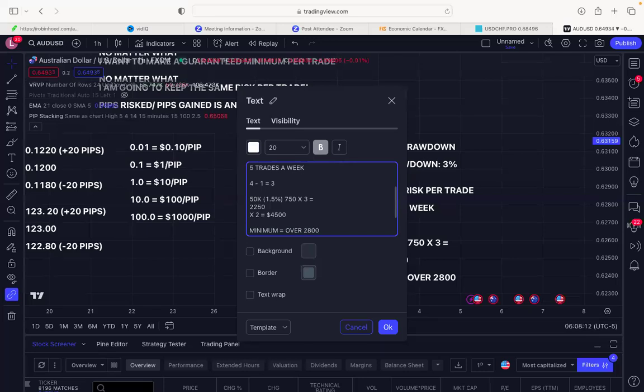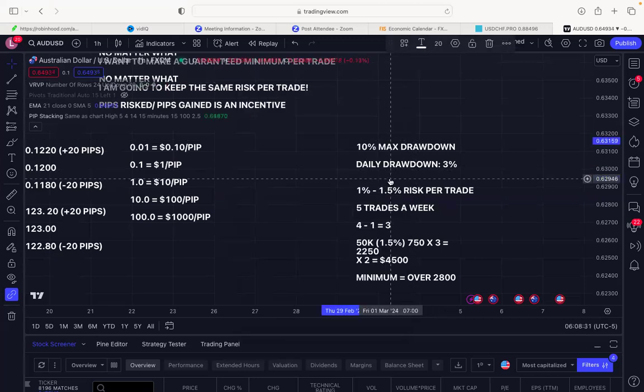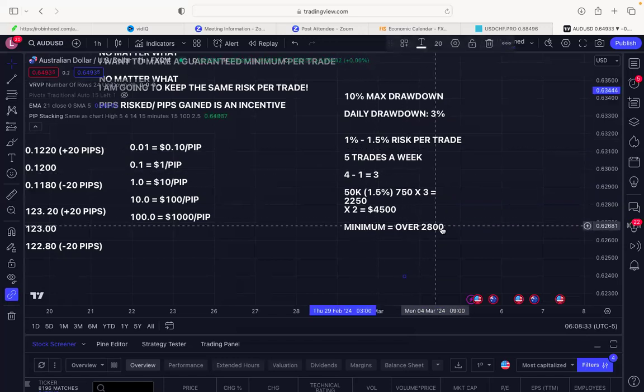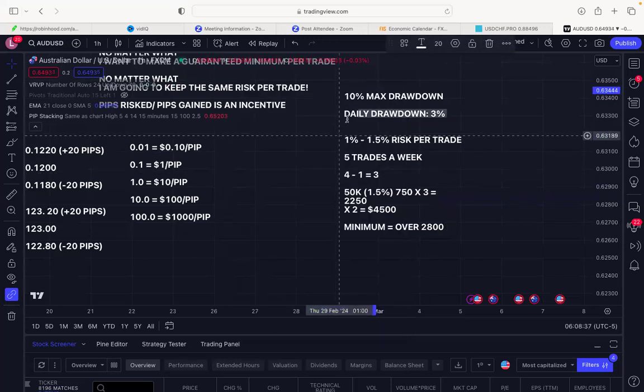That's over 60 grand, well over 60 grand. You see what I'm saying? That's over 66 grand for the year minimum. Now, do this on a 100K account. You're now over $120,000 for the year minimum. Okay, minimum. So now, when it comes to risk management, the key is looking at how many pips you are